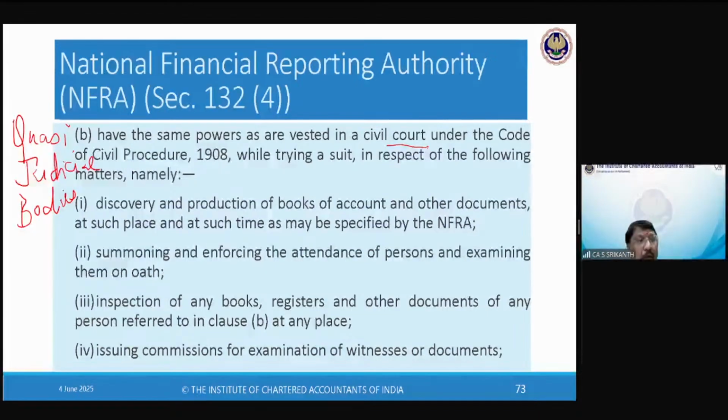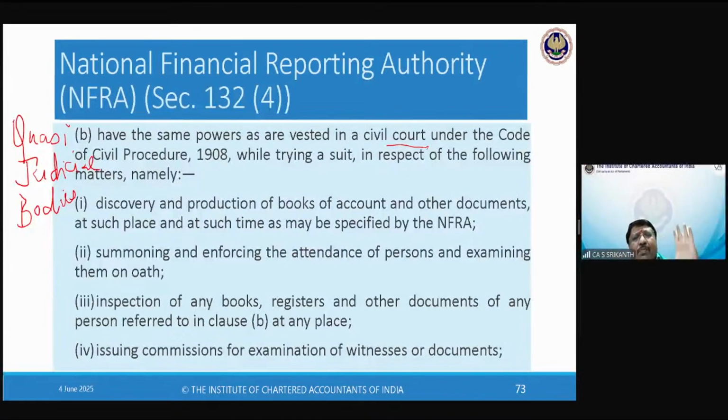Any quasi-judicial body, including, just for your information, an income tax officer or an assistant commissioner or a deputy commissioner hearing a case under section 143 or section 147 in a very limited way, is a quasi-judicial body. He has all these powers. Now, see, it's a double-edged sword. The minute you say that is a quasi-judicial body, then it is bound by the principles of natural justice. They are not bound by CPC beyond this. Only for these four matters, CPC will be applicable. Otherwise, CPC is not applicable to a quasi-judicial body. But the principles of natural justice squarely apply to it.